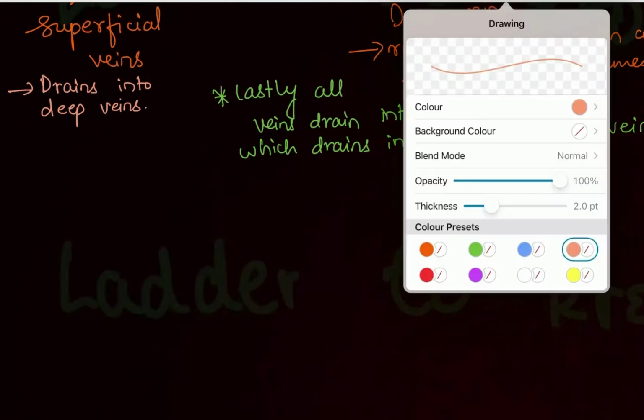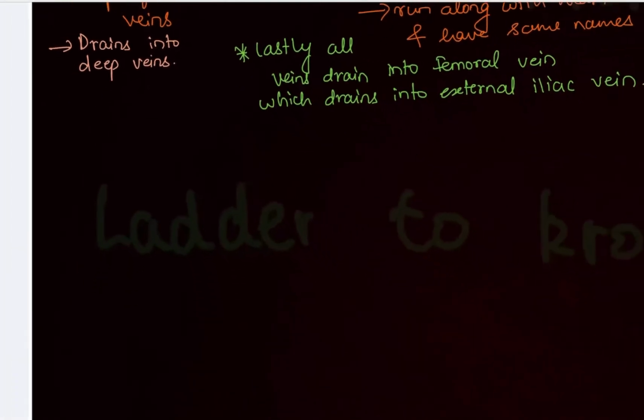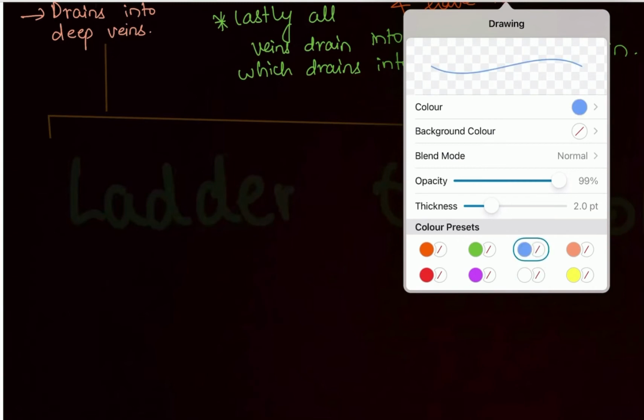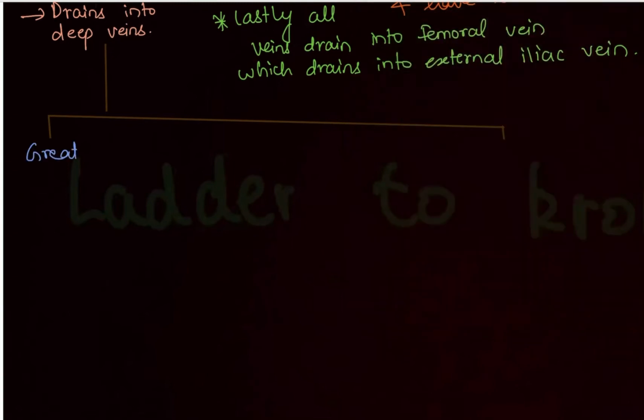Okay, let's learn about the superficial veins in detail. Now let's start with the superficial vein in detail. The superficial vein will divide into two main veins. Okay, so starting first, the great saphenous vein. What is the name of the vein? The great saphenous vein. And the another branch of the main vein in the superficial vein is small saphenous vein. What is the name? Small saphenous vein.